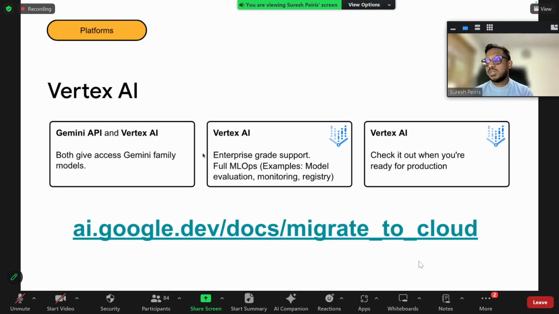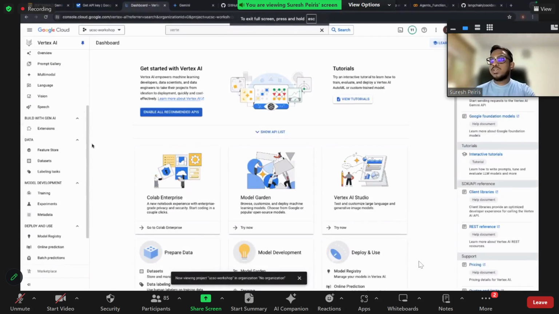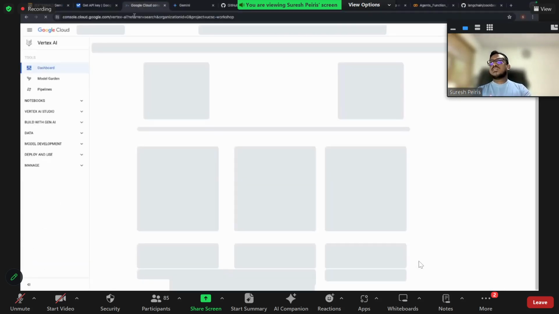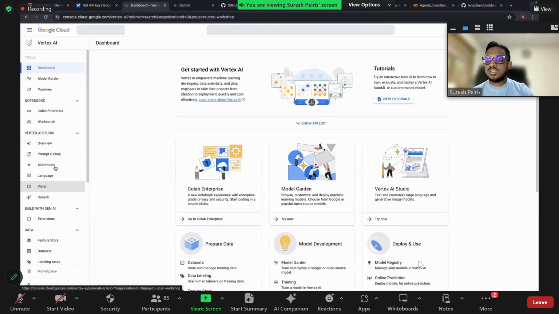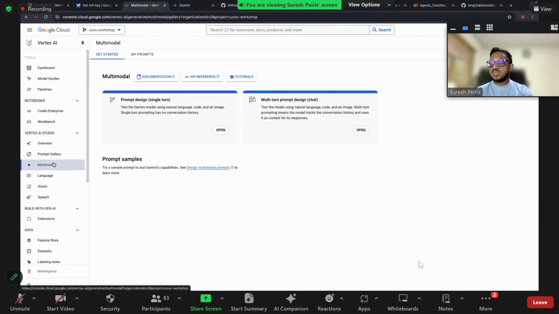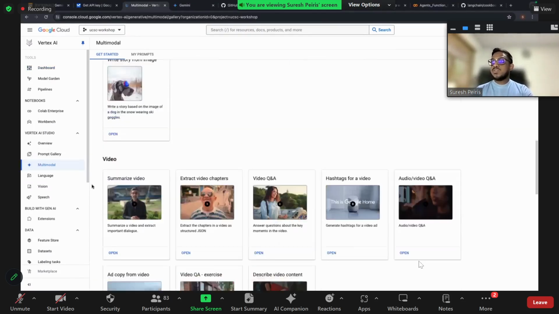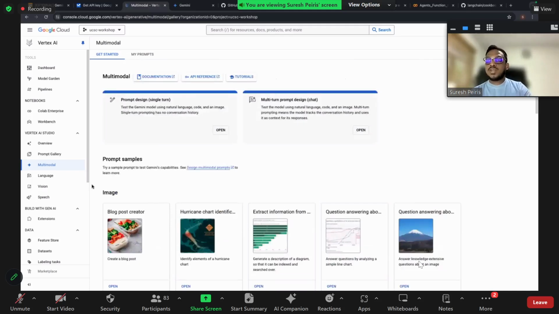Right. Now let me quickly talk about Vertex AI also, as I mentioned. Vertex AI is more like the enterprise edition of the Google AI platform, which was previously known as Google AI Platform. Now it's Vertex AI. There are a lot of benefits of using Vertex AI for ML tasks. If I go back to my Cloud Console, you can see that Vertex AI has a lot of features, such as all of these models, the multi-model access, and it also has Gemini built in. But if you're planning to use it for complex tasks, for example, if you want additional rate limiting, secured access, or any kind of IAM related access, you're free to use Vertex AI